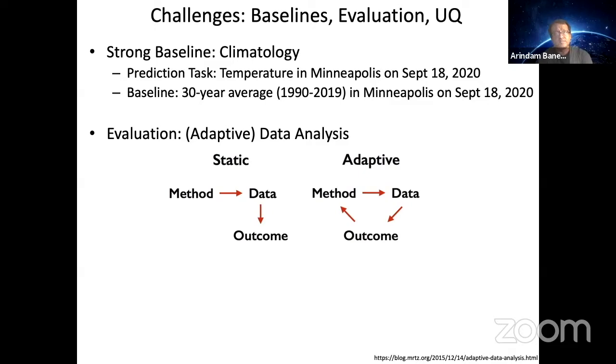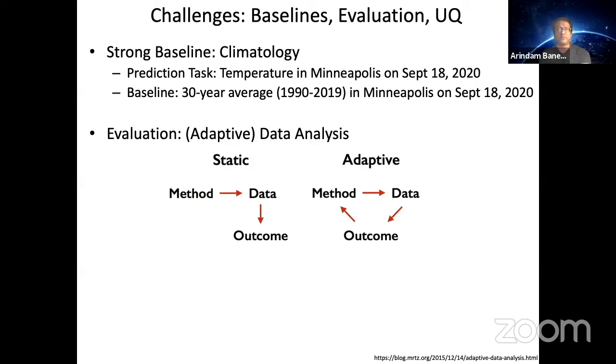Unfortunately, the test set has been contaminated with this adaptive data analysis. This has plagued machine learning over the last 10 years. If you look at Kaggle competitions and so on, this is one of the biggest reasons. It's not which method you're using that things break during test time. I'm citing a beautiful blog post by Moritz, probably 5 years back now, but this is still relevant. So if you're getting into forecasting problems, be very aware of this.